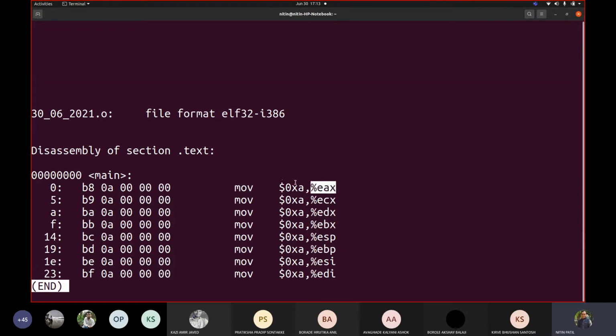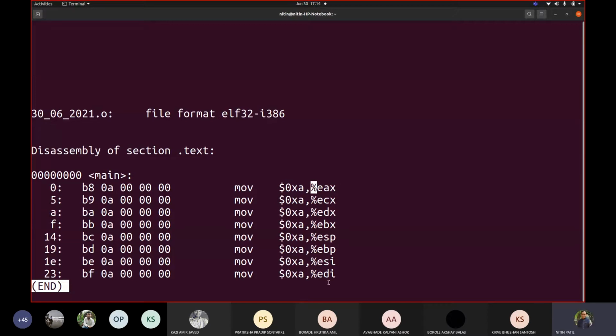In NASM we have the reverse approach. We write EAX comma 10, it writes 10 comma EAX. This 10 is an immediate value that you pass, so every number is prefixed with a dollar sign in this .s format that we generally see, and every register is prefixed with a % sign.